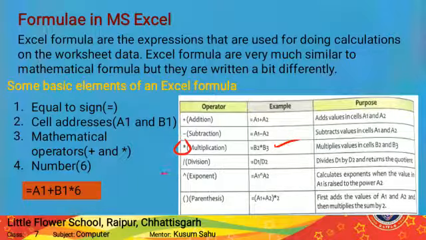So now this is the sign of division. Here you can see this is the sign of division used in MS Excel. Here you can see equal to D1 slash D2. It is the division sign. It is used to divide the values of D1 and D2 cells, and it will give the answer of the division. Now after that, exponents.